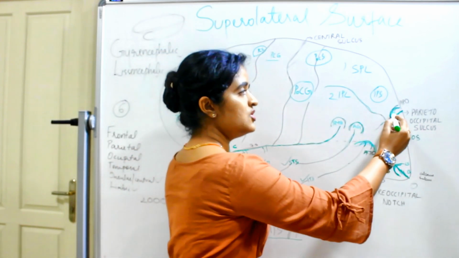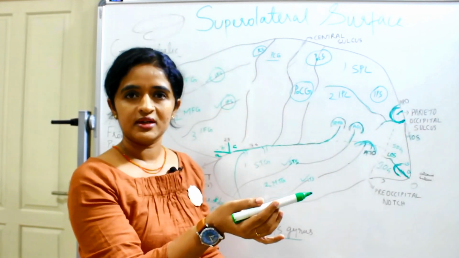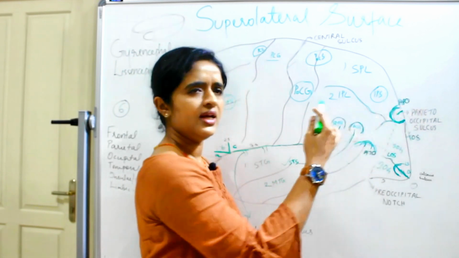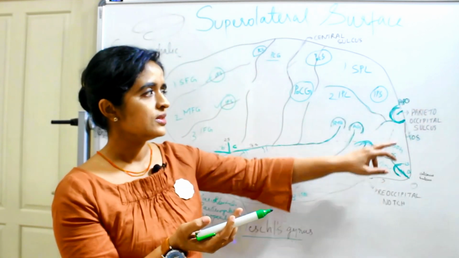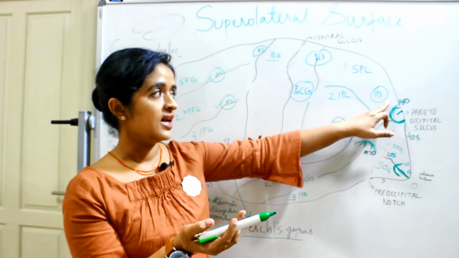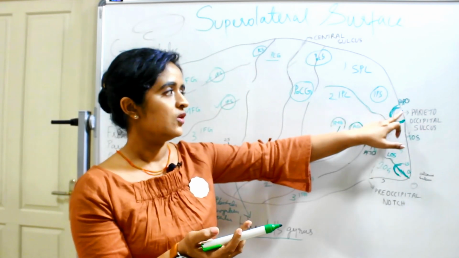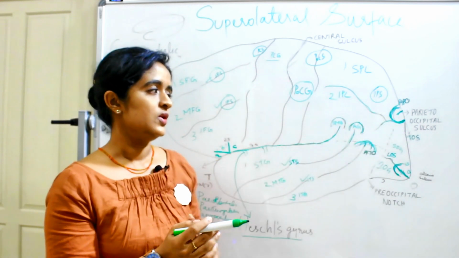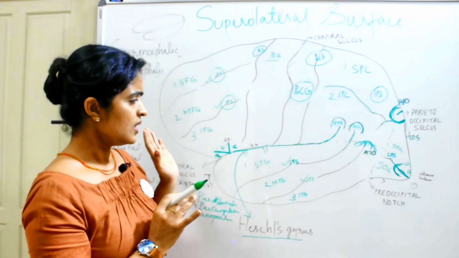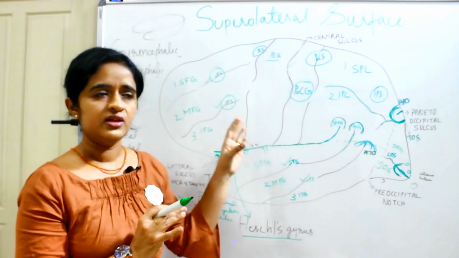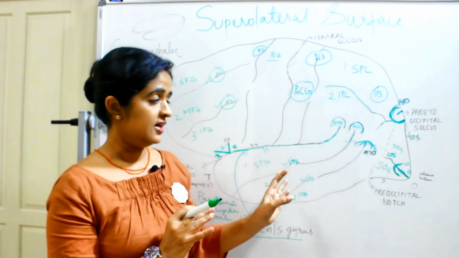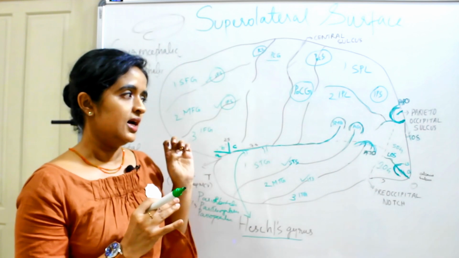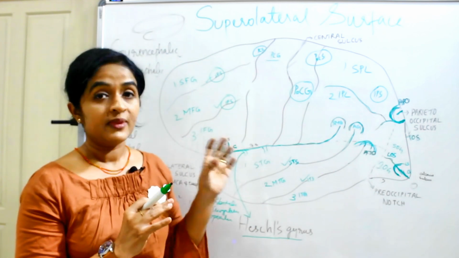So the arcus which you get around the parieto-occipital sulcus, you call it arcus parieto-occipitalis. Again, the naming is very easy because it is shared between the parietal lobe and the occipital lobe. So that is arcus parieto-occipitalis. That point also you have to keep in mind. So this is how you divide the frontal lobe, the parietal lobe, the temporal lobe and the occipital lobe into different regions with the help of the minor sulci.